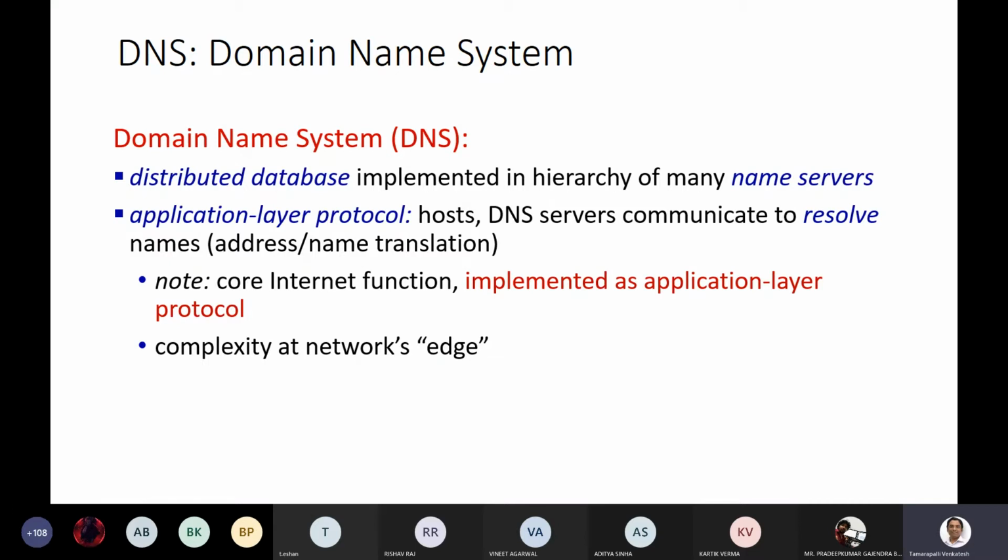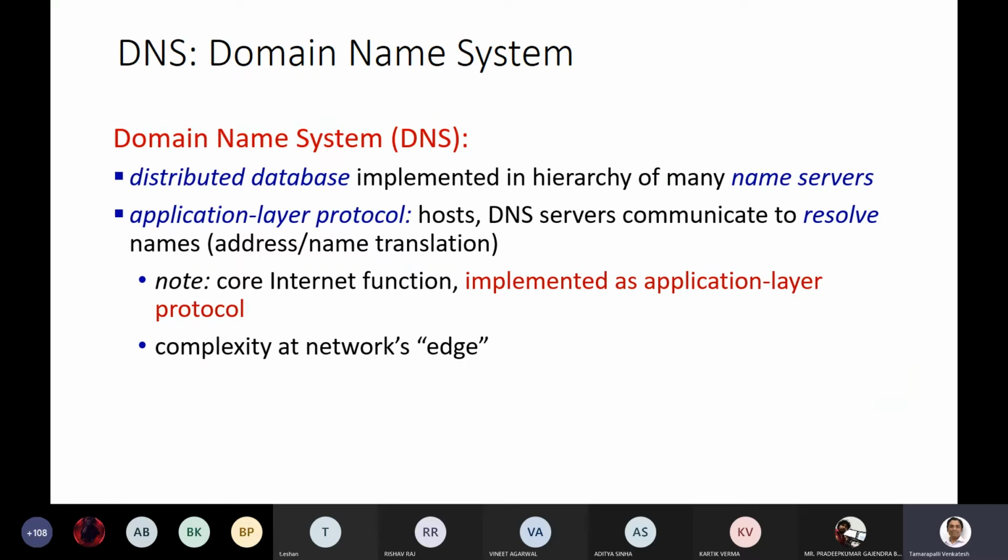As you all must be aware, this is a very core internet function. Without DNS, nothing actually would function. You would not be able to access any domain name because we only would remember the domain names. We will not be able to remember the IP addresses. The IP address may not be hosting the website anymore also. While we can always note down the IP address, it may not have the content anymore. Similarly, mails we always send as user at some domain name like user at iitg.ac.in.